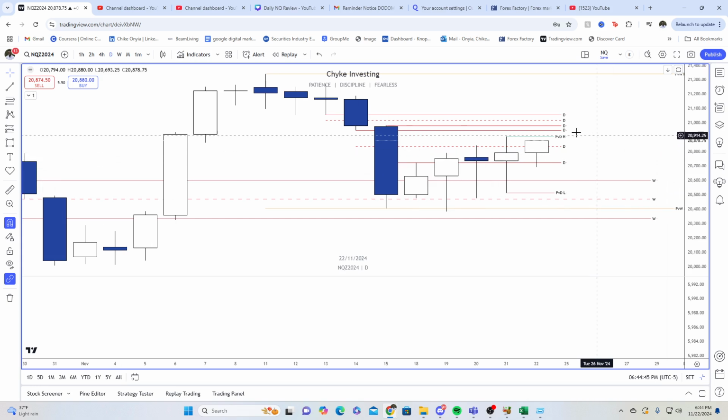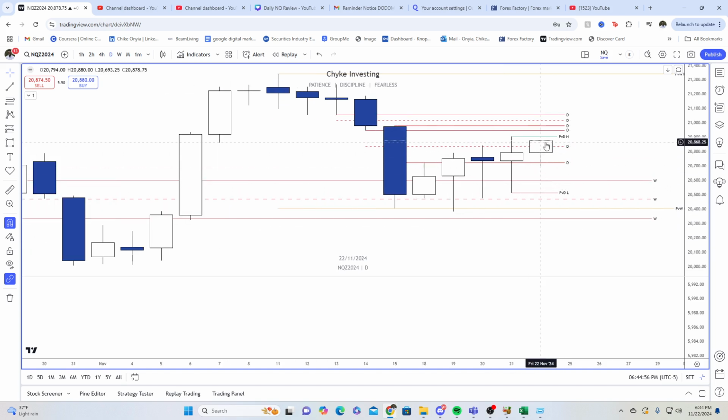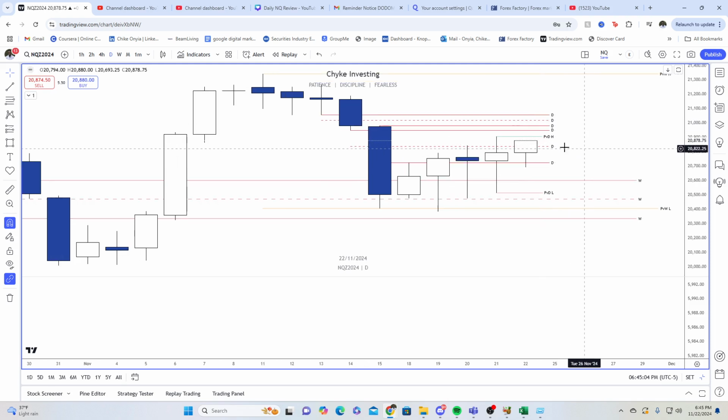All right, so that's it on the daily. We closed above the consequent encroachment here, but we don't know if this is going to be short lived or if we're going to reverse going into next week. If we do expand higher, I do expect this to come and fill this daily Civi right here, because we've already filled it on ES. It'll be reasonable to expect that NQ could do the same thing. Okay. Or if we come in on Monday and we open bearish, I mean, we could see ourselves rejecting away. All right.